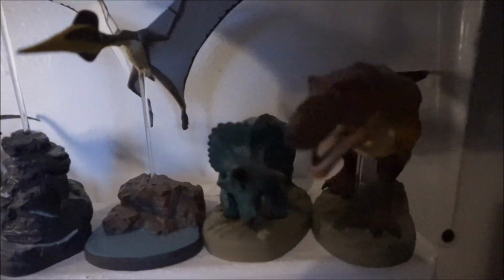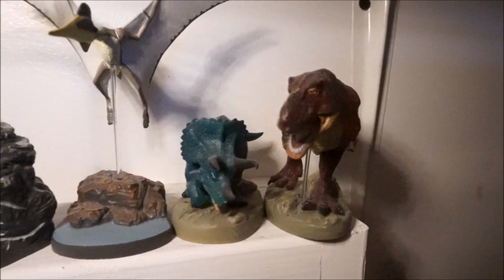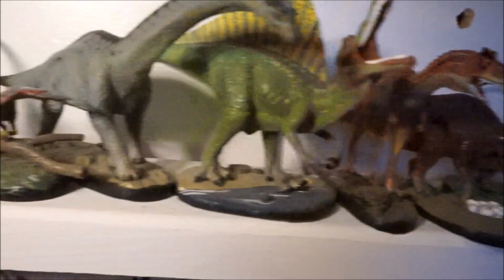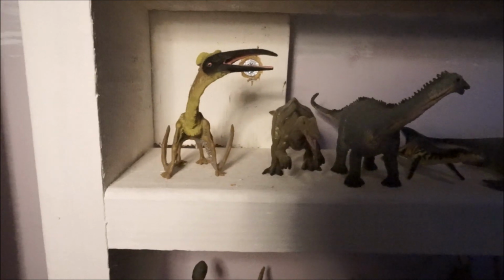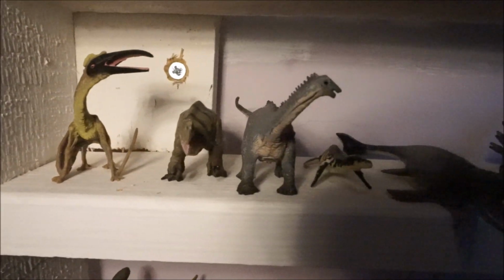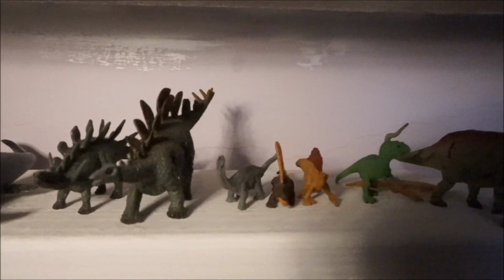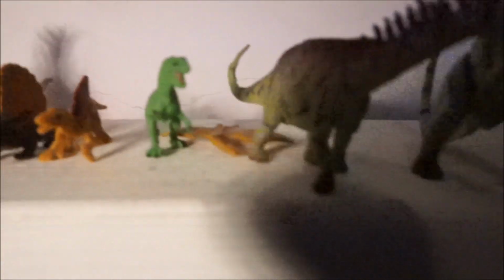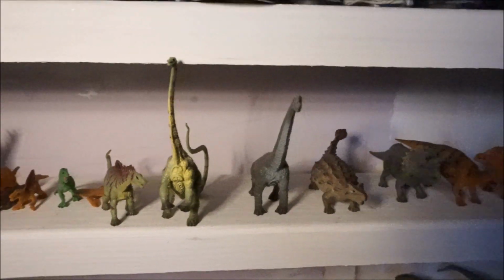And their Quetzalcoatlus is actually quite big compared to the rest. And so is their T-Rex as well. So I'm just going to go back here, and that's all of them. And then below are collectors mini tub miniatures, and these are actually really well done, and I quite like them considering they're so small. And here are the Wild Safari super miniatures, which are absolutely tiny, and they're made of rubber. And then after that is another set of collector miniatures,